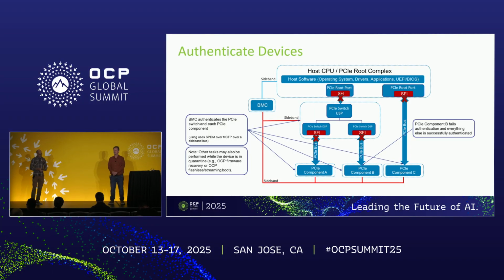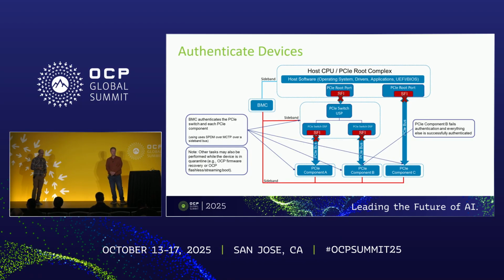So in this example, we're going to assume that all the components are successfully authenticated, except for component B, which fails authentication. So at this point, it's kind of platform policy. What you may want to do is just halt the system and report the error to the